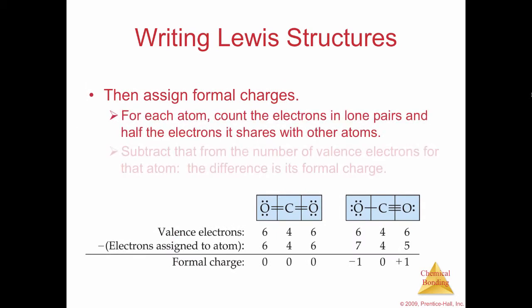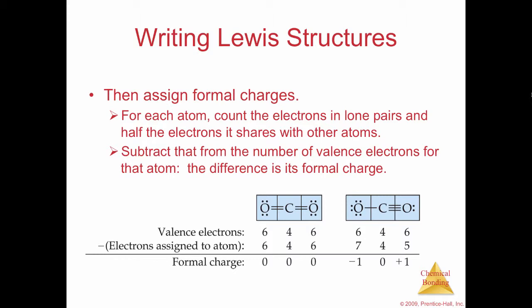The next step is assigning formal charges. This is something new that you haven't seen before. For each atom, you're going to count the electrons in lone pairs and half the electrons that it shares with other atoms. You will then subtract that from the number of valence electrons for that atom, and the difference is called the formal charge. So if we look at carbon dioxide as an example, oxygen has 6 valence electrons, and